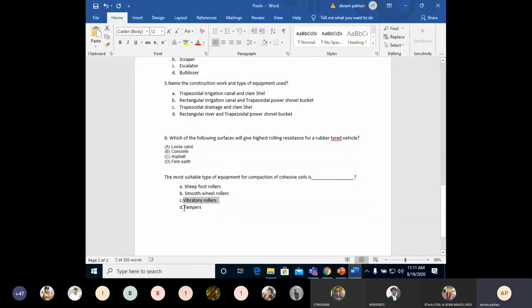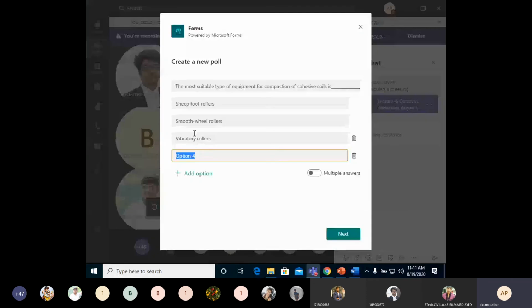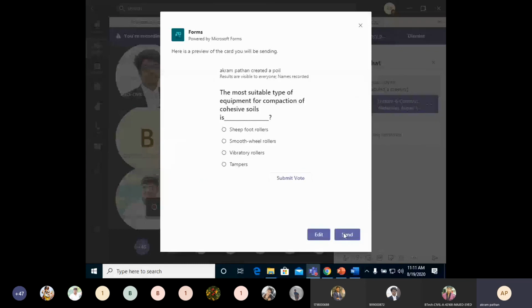Fourth option, tampers. So I have created one poll. The most suitable type of equipment for compaction of cohesive soil is sheep foot roller, smooth wheel roller, vibratory roller and tampers. So I request everyone to be a part of this particular question.